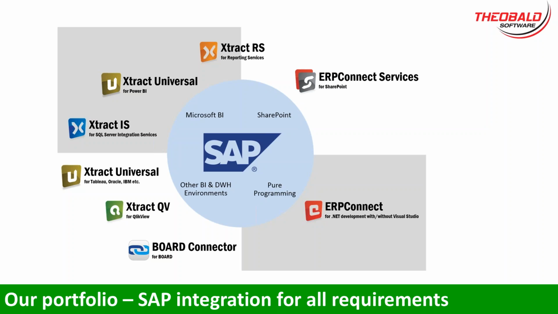This was the first product of Theobald software. It's a pure programming interface for developers to connect SAP with other environments and destinations, and all the other products around here on the left-hand side and on the upper right corner evolved time after time